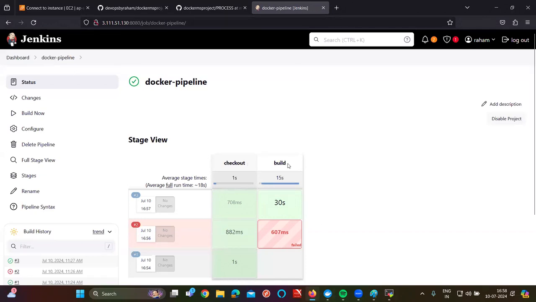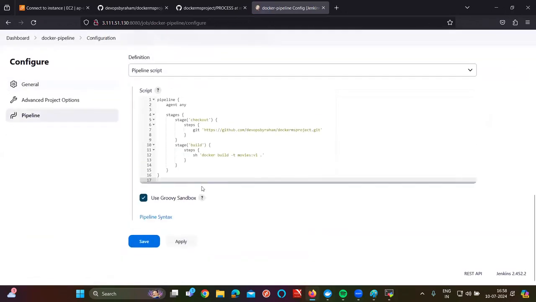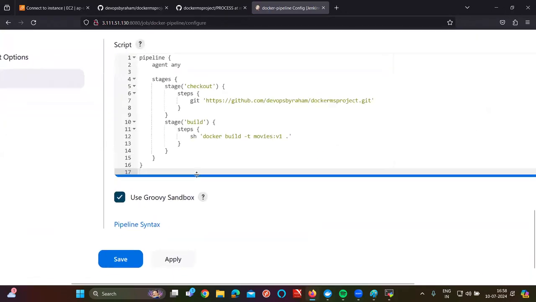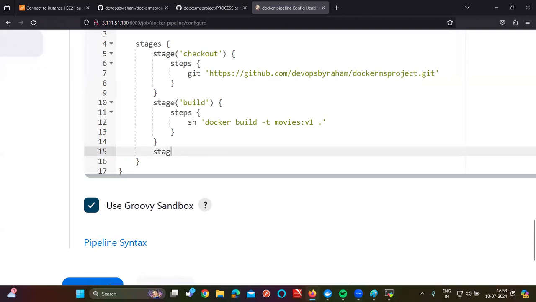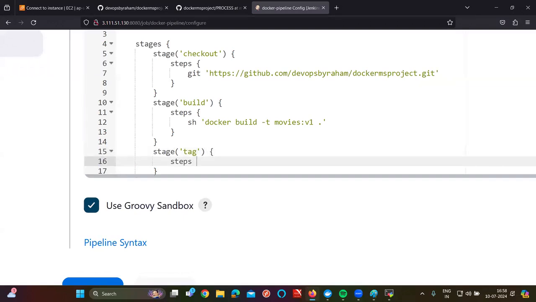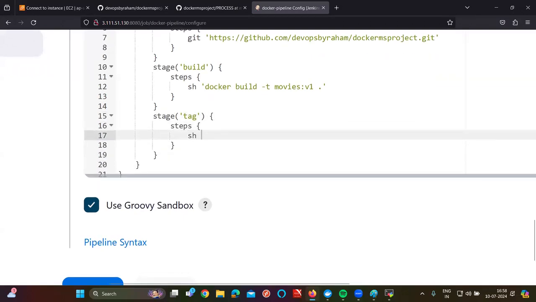Now you have checkout, you have build. Next, if you want to push it, you want to tag it. So how to tag the image, sir? Stage tag. Inside stage steps, inside step, just give sh docker tag. You are going to tag the image. What is the image here? Movies. I'm tagging the movies image to the user Siraj321, which is the account, and I'm going to take the repo called